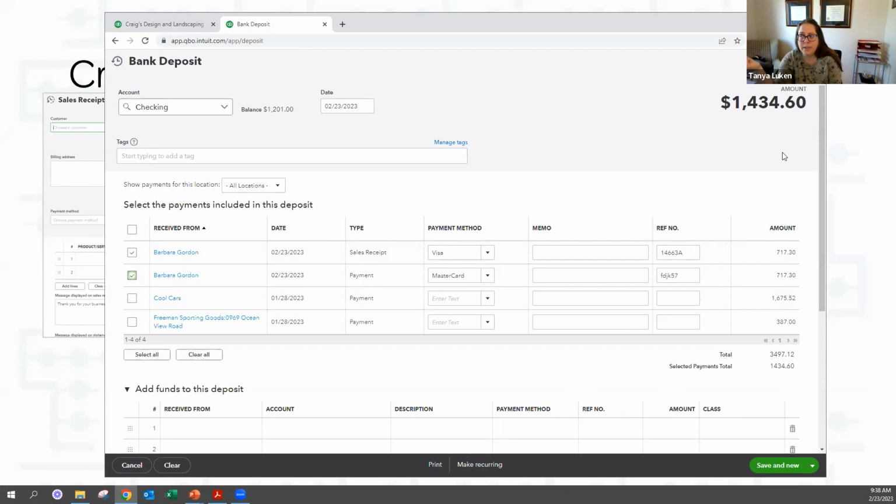You would do this if you were receiving any kind of batch payments. What I mean by batch payments is if you have multiple people paying you, usually only credit cards or electronic payments. You can have multiple people paying you every day, but you only get one bank deposit.